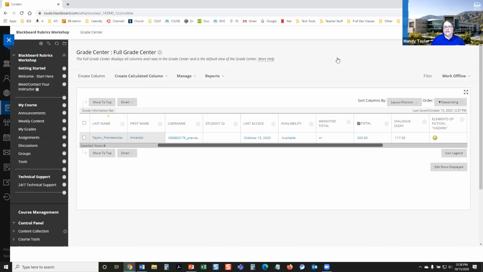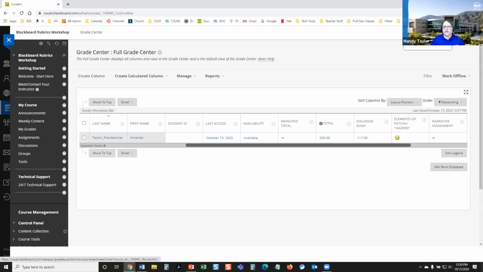So we can see here that we still have something to grade for this student, but we'll do that another time. And then they have 92 on that demonstration assignment in our gradebook. So let's go back and be a student